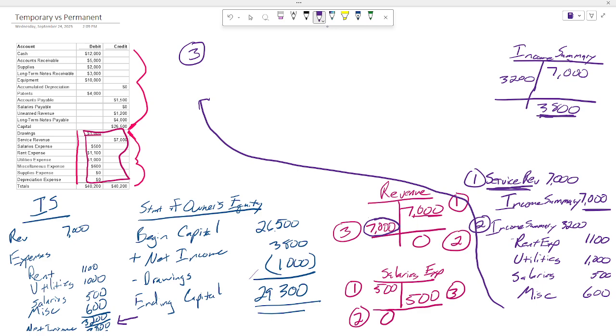Third step is resetting that income summary account. I said this is going to only exist for a brief period of time, and we're getting rid of it already. So right now we have income summary at $3,800. We want it to be zero. So in this case, we say, all right, we have a $3,800 credit. That's what's in it. I want it to be zero. How do I get rid of it? I have to debit income summary $3,800.